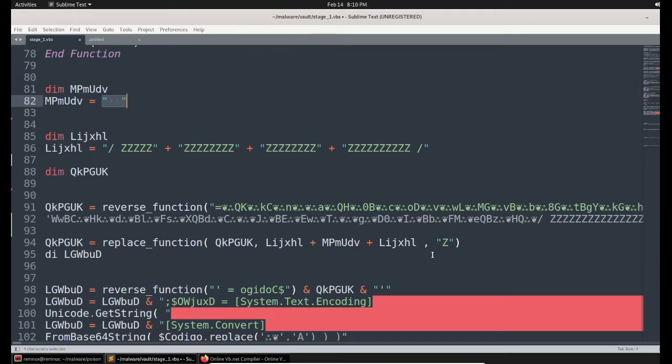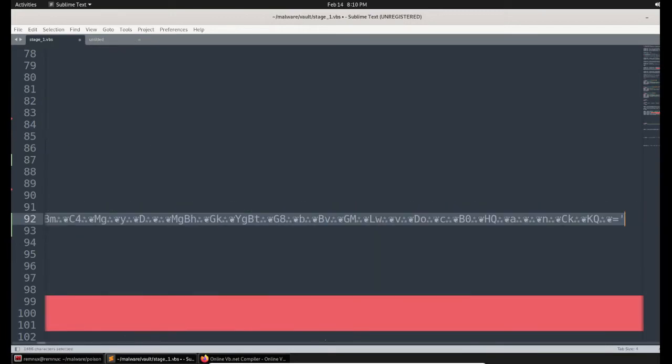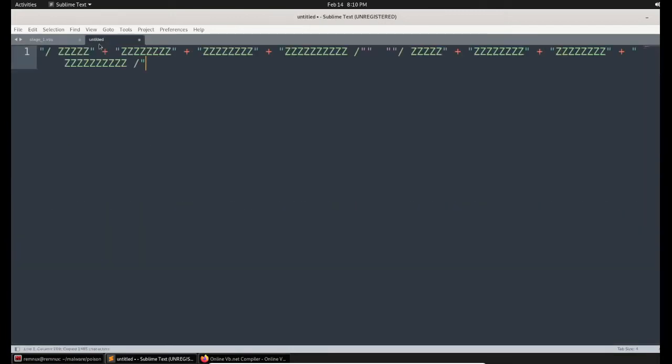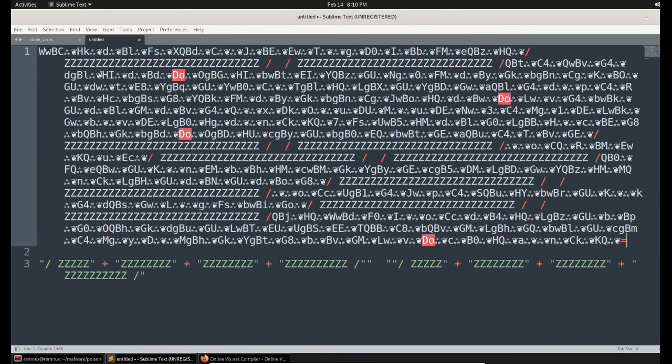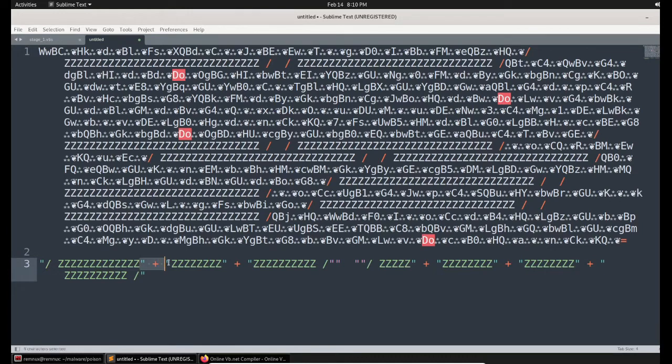We need to perform the replacement operation. So let's do that. I'm copying the main string as well. Main string here. And I need to perform some replacement. So let me remove these things and combine together.